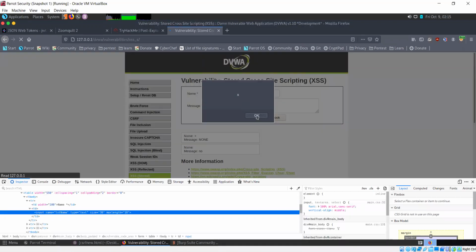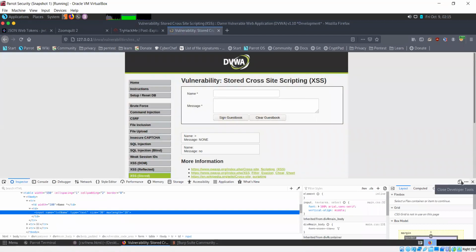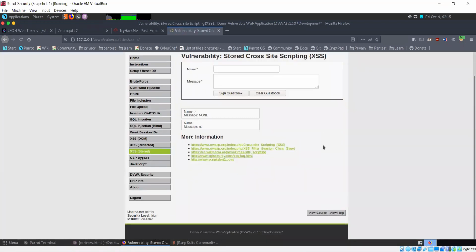So other payloads are working. Just the script ones, which are the most common kind of payloads, those are not working, but you can simply replace them with the body onload or image source, and you can run whatever you want there. So we are able to bypass this level of security here as well. Any questions, any queries, any doubts?